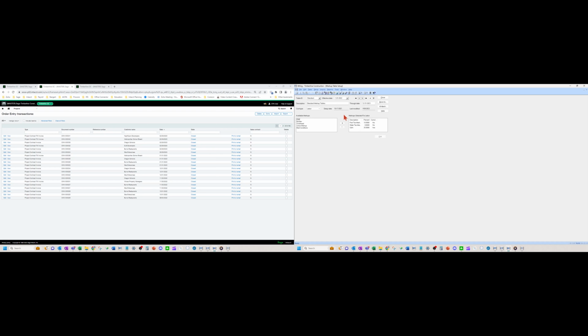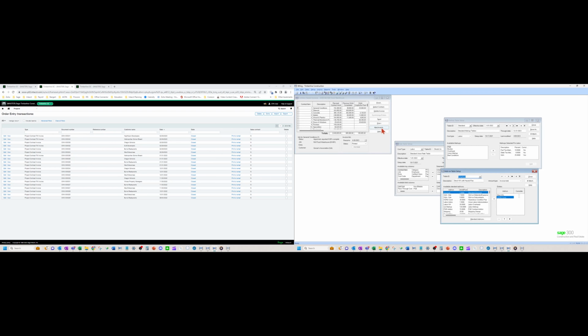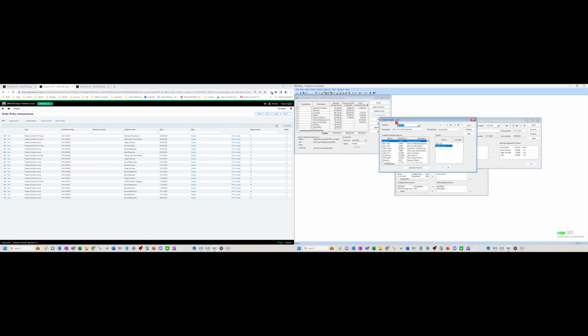So I'm not going to go into great detail how to set this up in 300. That's the difference between the screens. Okay. The add-on tables is your fee markup on the overall after the rates and the markup tables are applied. So this would be your fee on the job. Okay. So in the contract module,